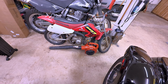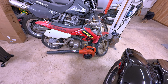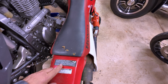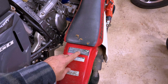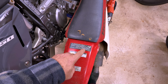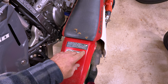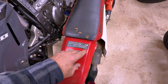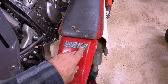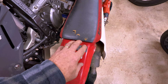Anyway, I bet you that thing does have points. What year is that thing? 02? Yeah, I can almost guarantee you it has points. Actually, there'll be a sticker on this thing that'll tell you what the point gap is. Tells you the valve adjustment. It says ignition timing, no adjustment. So maybe it is electronic. So maybe by 02, that was it. But it tells you the valve lash. That's pretty cool. Intake 5. Intake and exhaust both the same? I guess they were by then. Yeah, they used to be 2 and 3. Yeah, so this is definitely a newer motor. So it just needs a good old-fashioned...